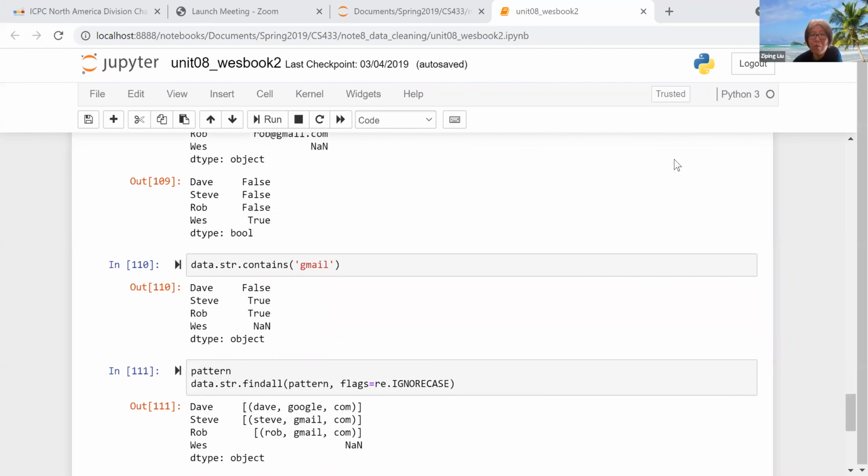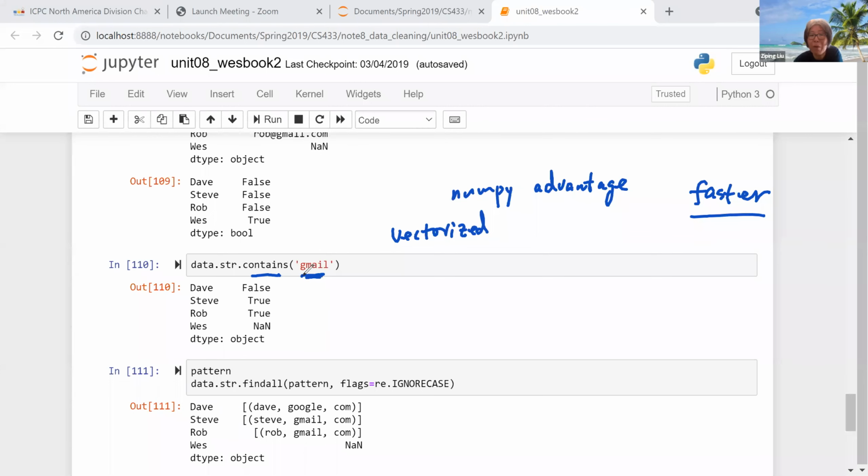And so over here it says vectorize. And vectorize is NumPy's advantage. It's very fast. So over here you say, okay, I want to check if any email is from Gmail. Then you just call the contains. It's vectorized. And next, what it also tries to show is, because this is also vectorized,